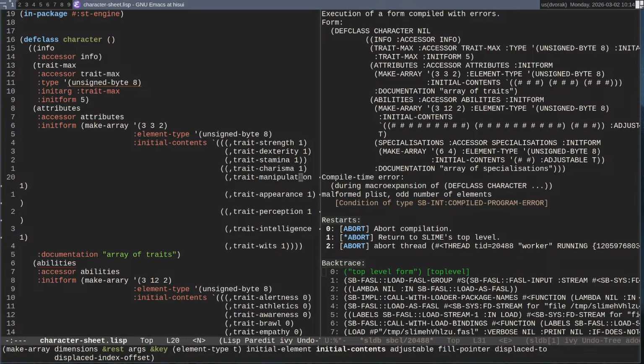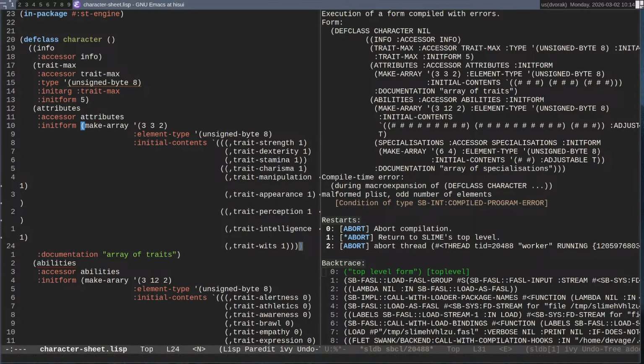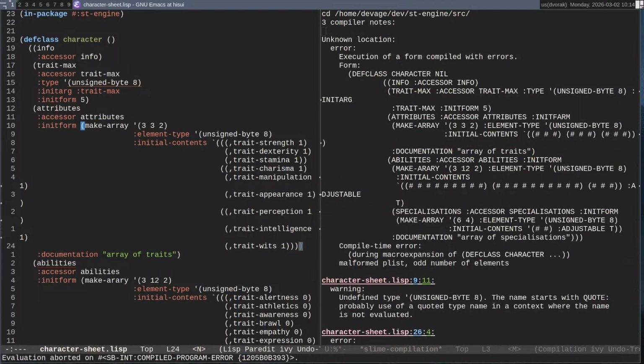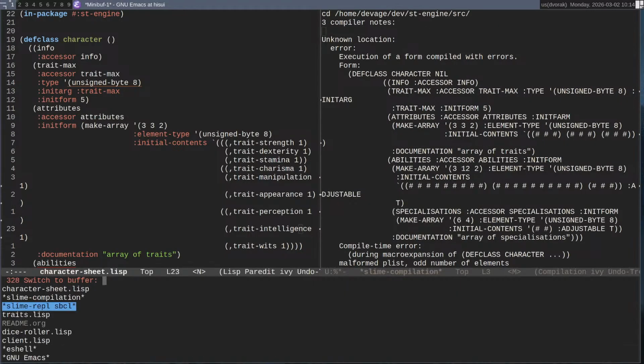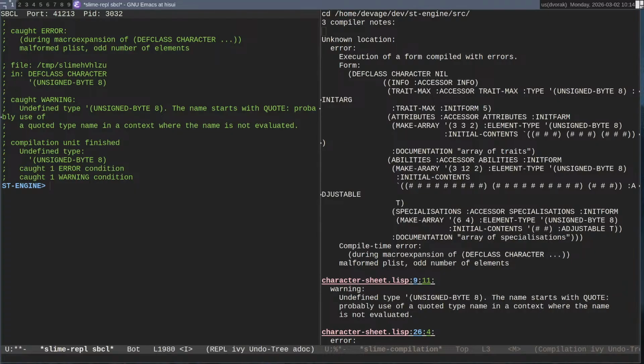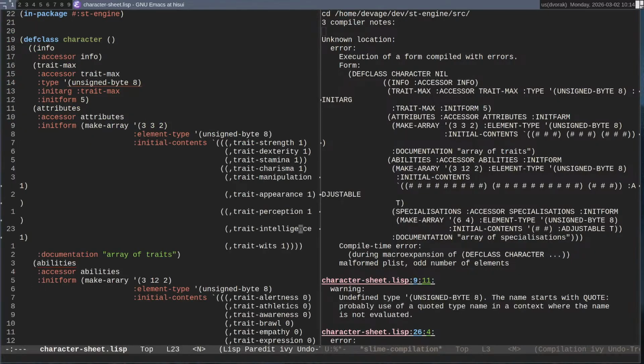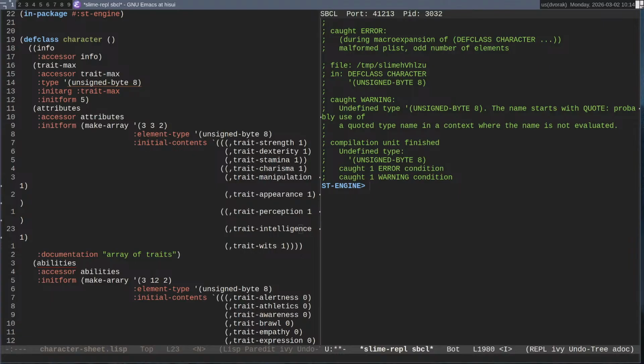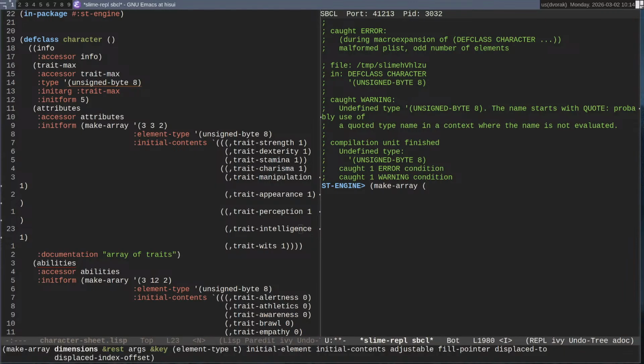It could just be that this isn't how you do three-dimensional arrays. Let's have a go at that. That's not what I wanted. Make array 3, 3, 2.